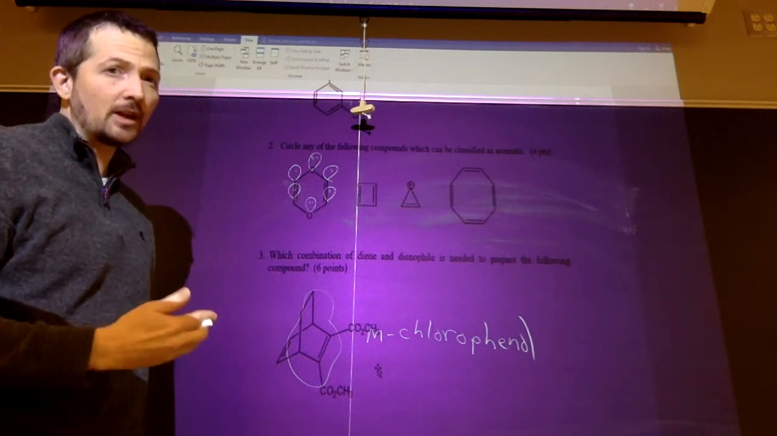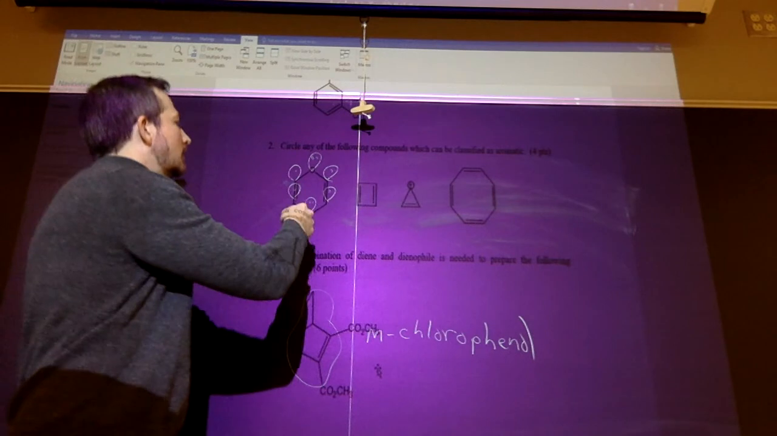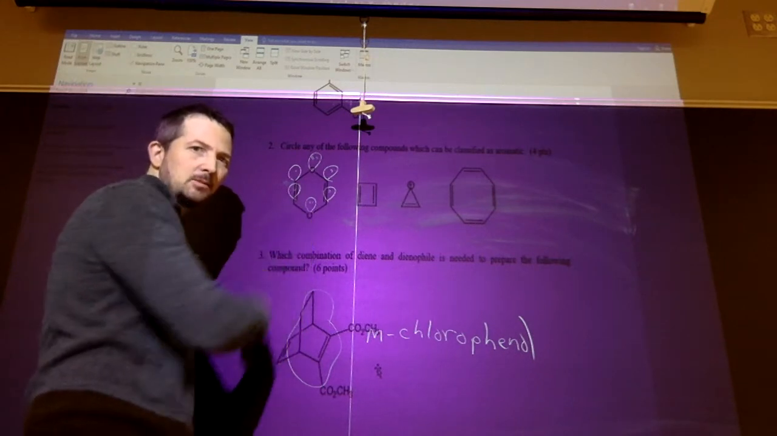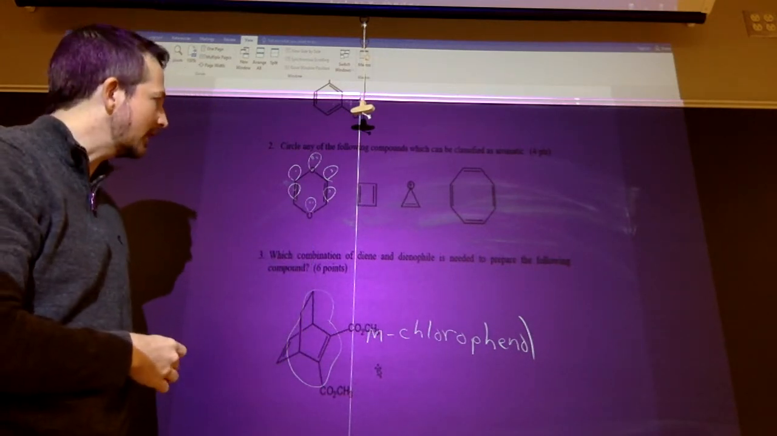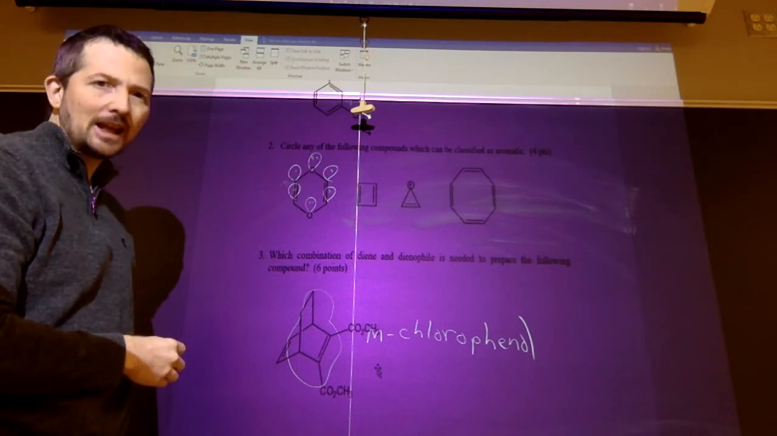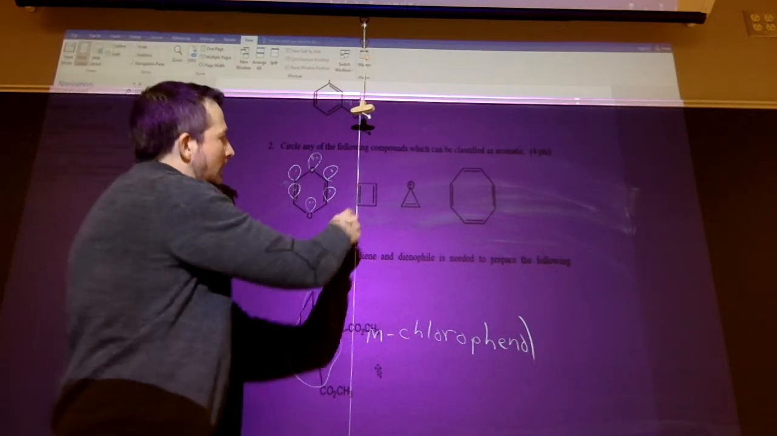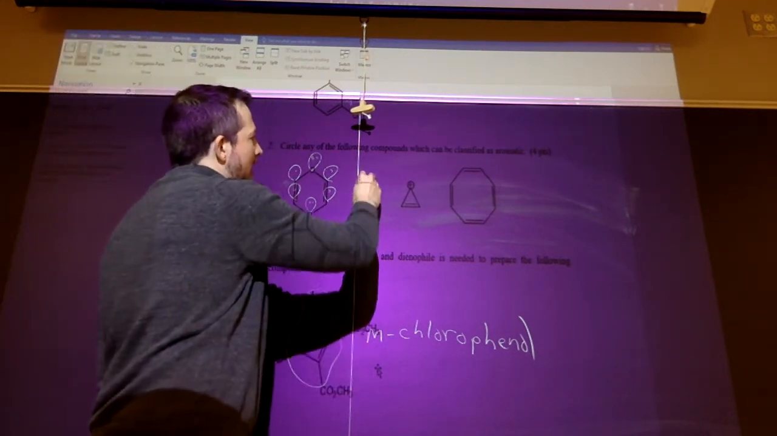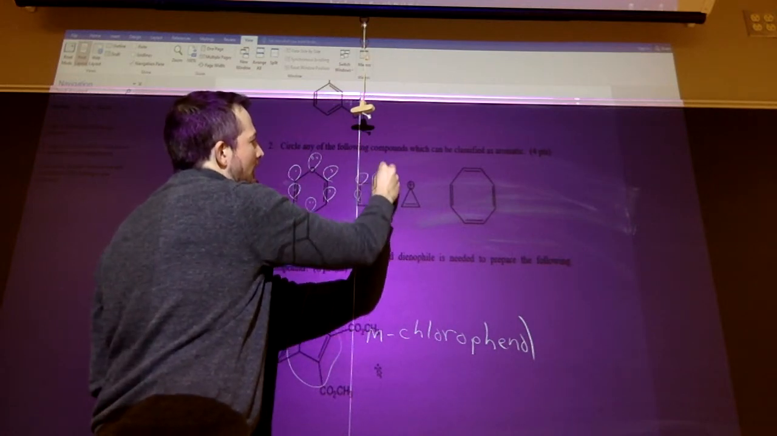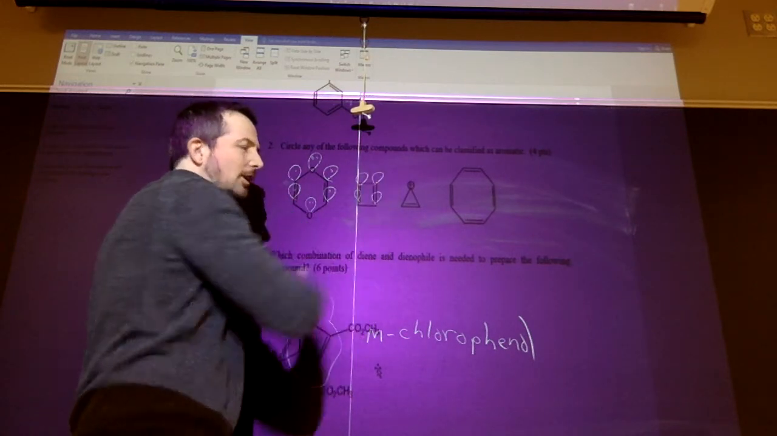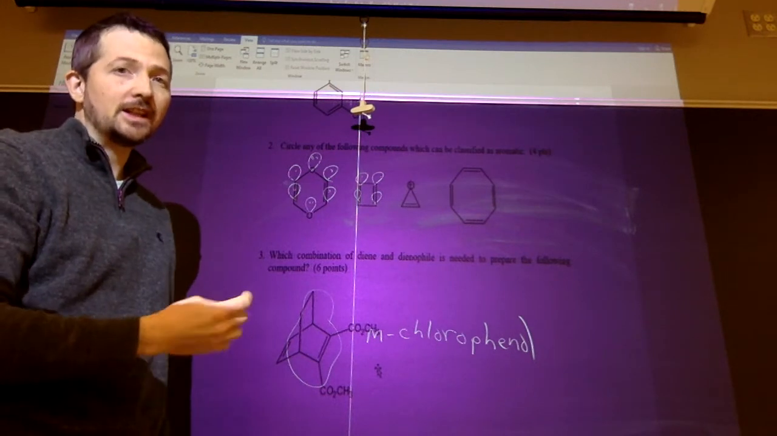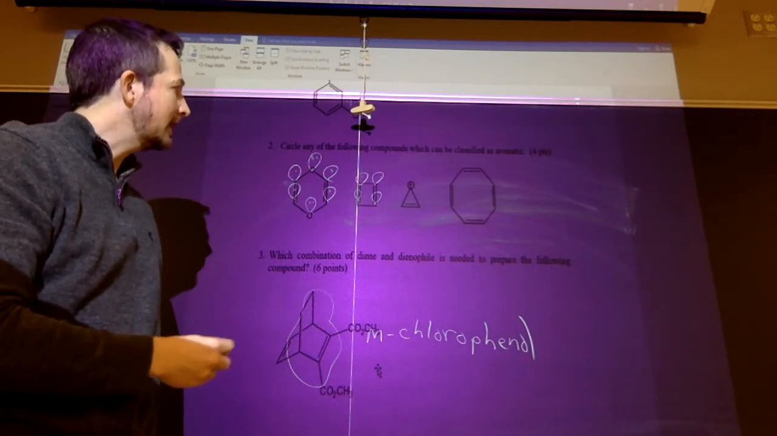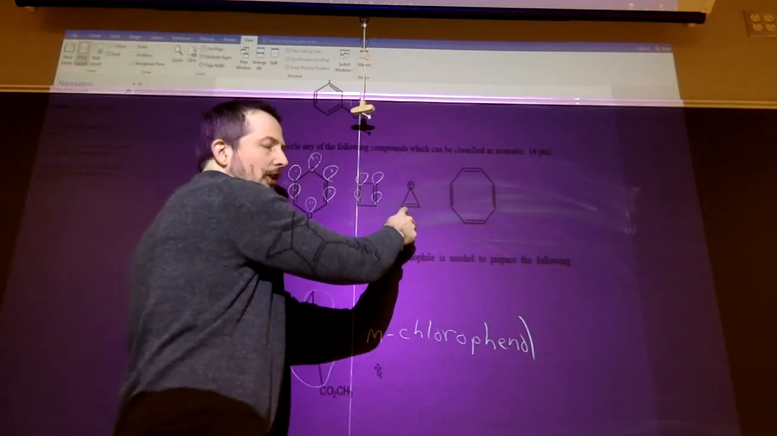So remember the Huckel values are 4n plus 2. This has 4n pi electrons, because 8 pi electrons. So that would be anti-aromatic. This one's cyclic, conjugated, but again, remember each double bond, 2 pi electrons. So 4 pi electrons, again, not a Huckel value, so anti-aromatic. But look at this one,